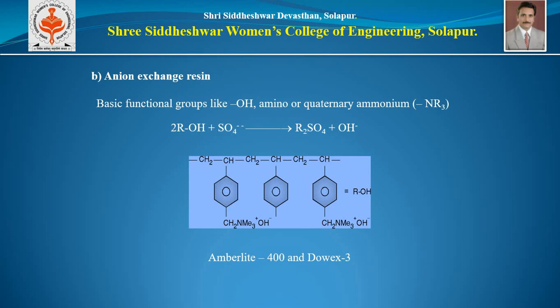Now when this resin powder comes in contact with hard water, the anion of the hardness producing salt, for example SO4, exchanges with the OH anion. So it is anion to anion exchange, and that's why in the cation exchange resin the cation part is removed, and in the anion exchange resin the anion part is removed, and water becomes completely free from the salt producing hardness.